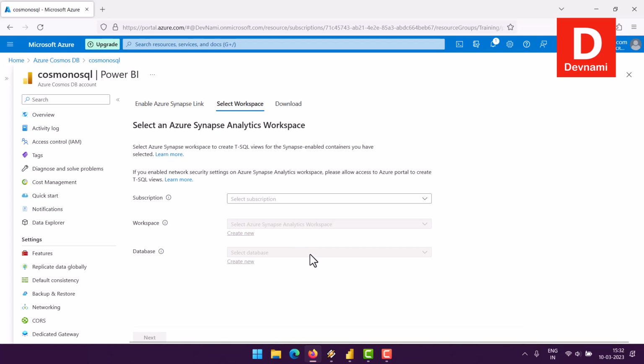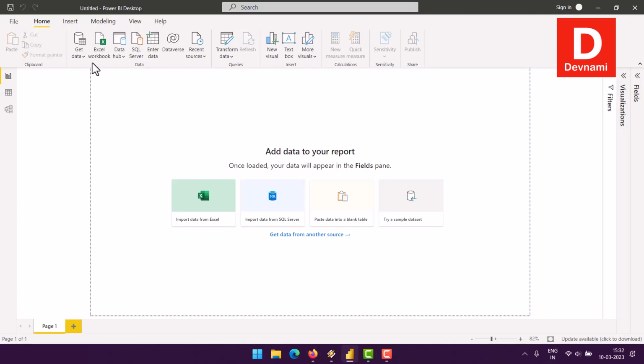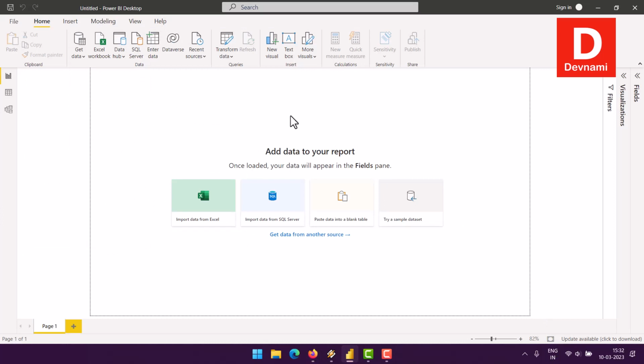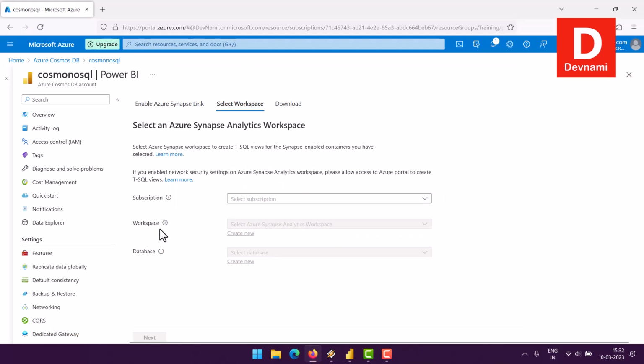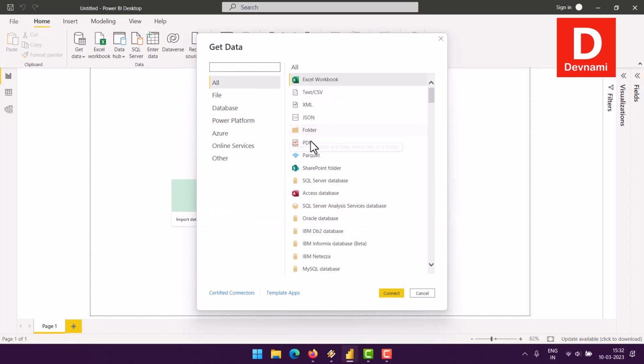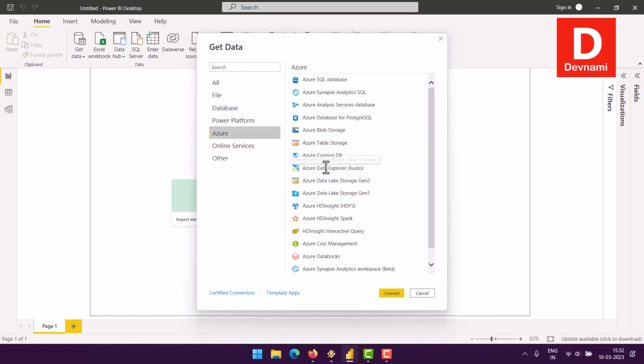Right now, once you select either this option or you choose to go with the key route, what you have to do is open your Power BI, then click get data, click more, and it will open up the option to connect. Where we would be connecting to is Azure, right? And it would require the keys. So here, once it loads the get data option, click Azure, then Cosmos DB, click connect,